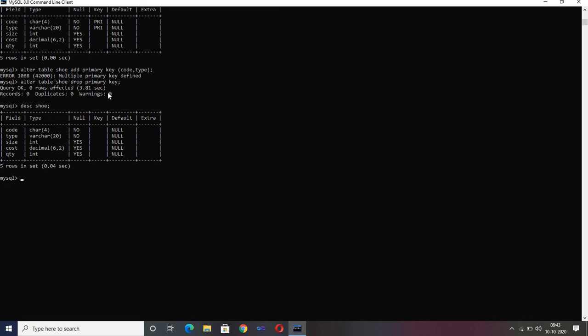Then the next constraint is default. Default is basically, for example, the most common, if a store is selling shoes, they know which were the most frequent selling shoe sizes. For example, it's size 5.